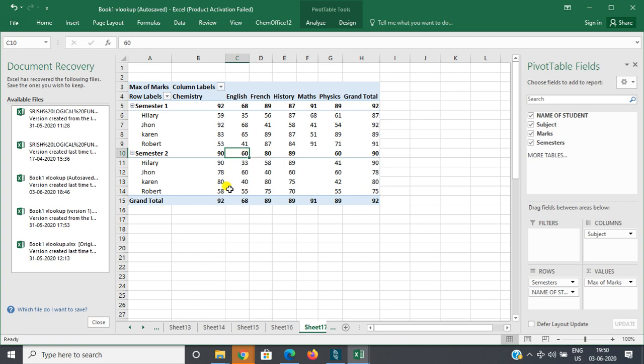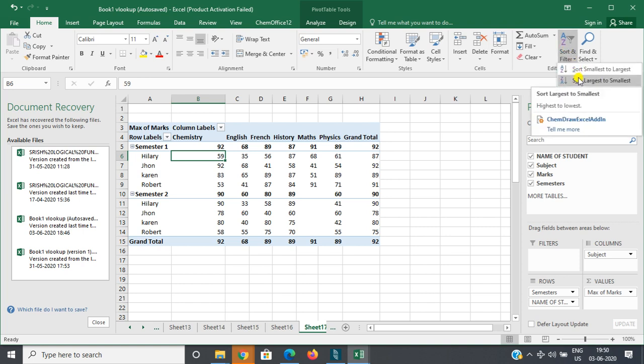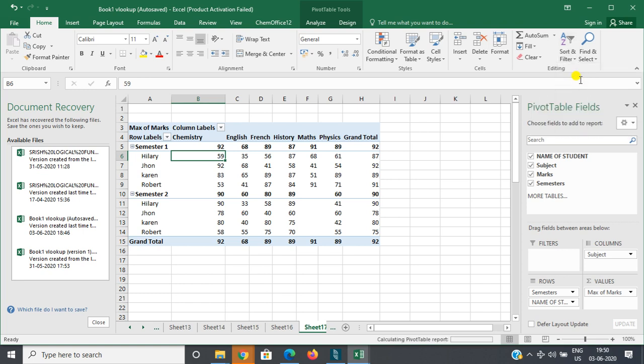So now what will I do? I will further show my table inserted. This is a pivot table. Okay. So the other thing I can do with the pivot table is further sort my data or filter my data. Now firstly I want to sort my data. Go to Home and go to this option, sort and filter. Okay. So I want largest to smallest. You can click any one of these. Okay. So click on this.